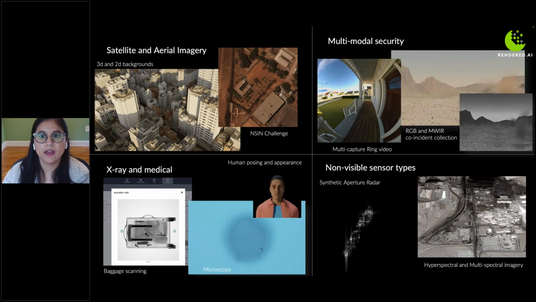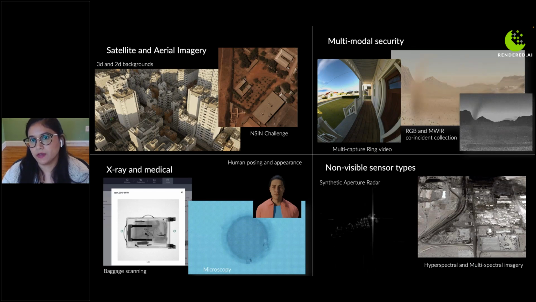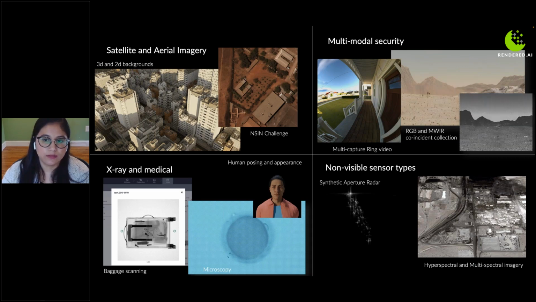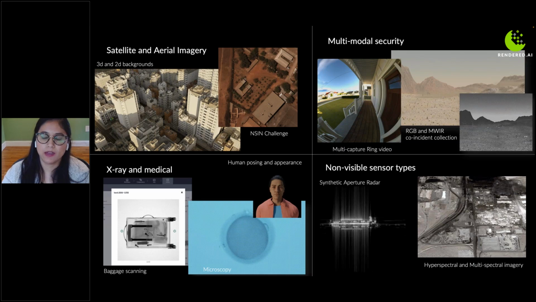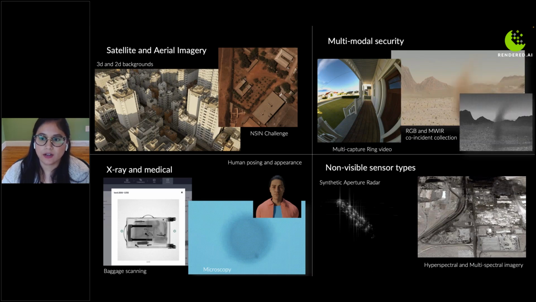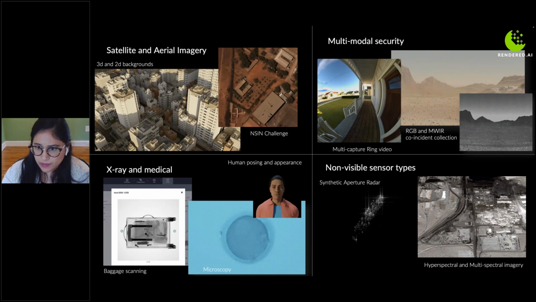On the top right are some examples related to different security applications. You can see one of the images is similar to what you would see as a Ring video capture of someone's front porch. This is for home security. And we have 2 GIFs here. This is a desert scape in an RGB sensor and an MWIR sensor. MWIR stands for medium wave infrared. They were both